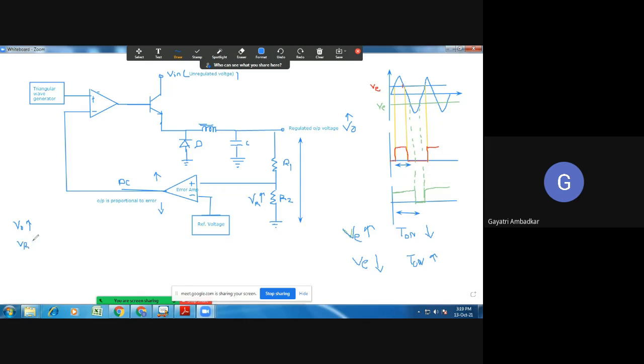When VO increases, VR increases. And this is our feedback voltage. We are connecting it to the error amplifier. Now VR increases, it means the error amplifier's output VE will also increase. We have seen here, if VE increases, what happens to T on? Here you are getting some pulses. What happens? So this T on time